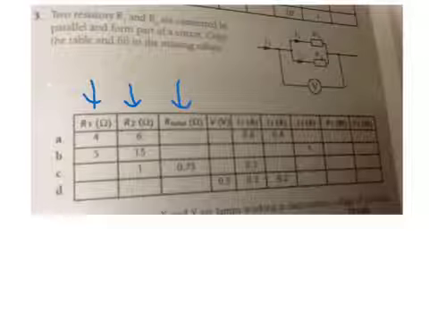So we have two resistors, R1 and R2, connected in parallel and forming a part of a circuit. Copy the table and fill in the missing values. Okay, so we've got R1 and R2 in the table here. We've got the total, which should be a matter of